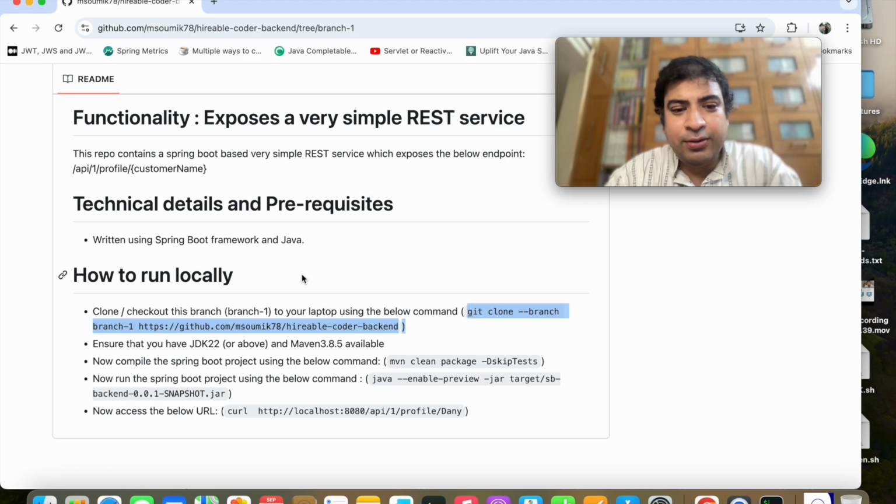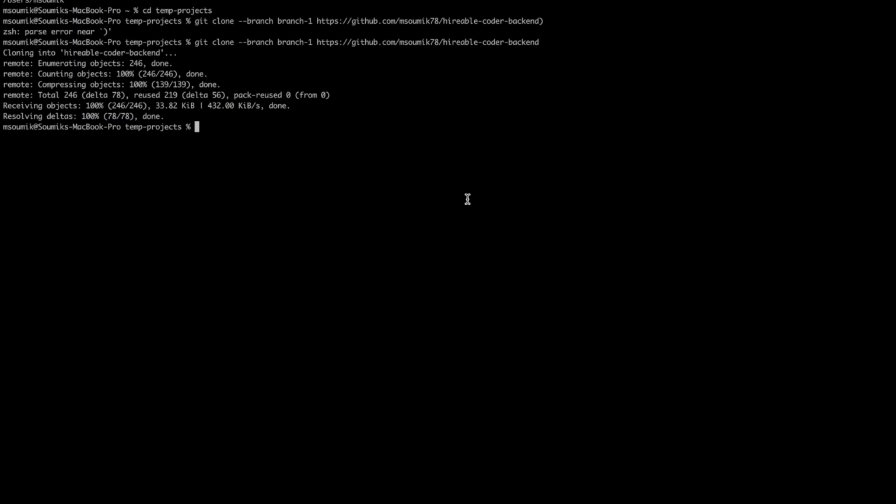Okay, so git clone is done. Then I'm going to go within that folder and then first I'm going to set JDK and Maven. Now a couple of things, if you are still not very comfortable with GitHub,